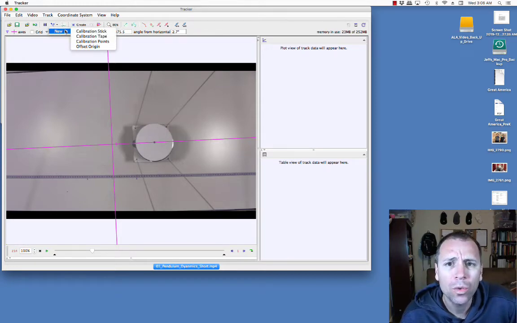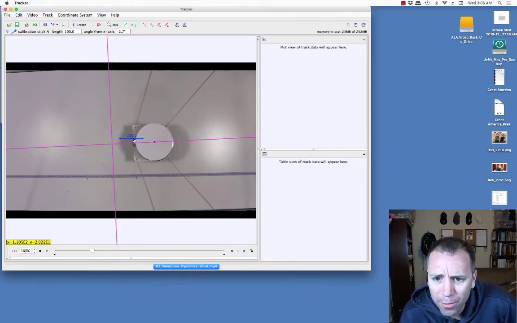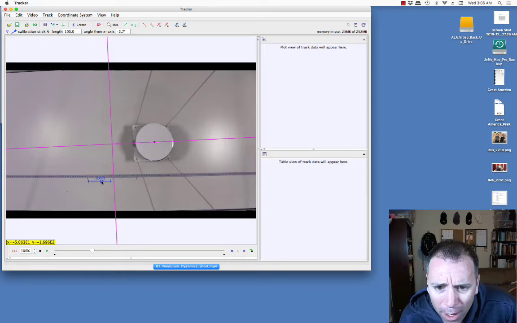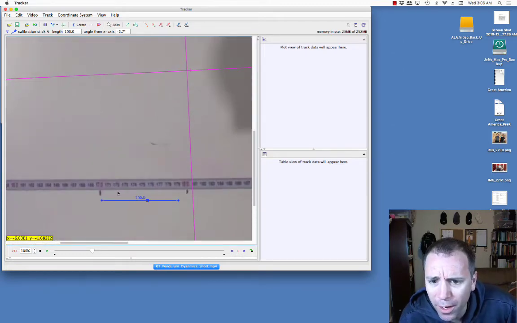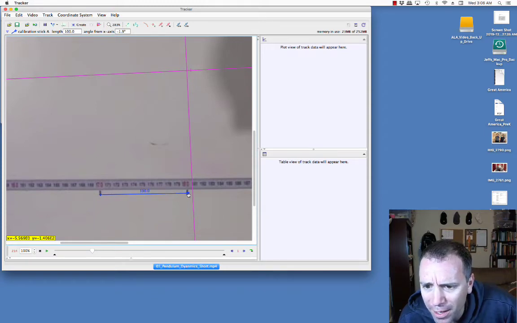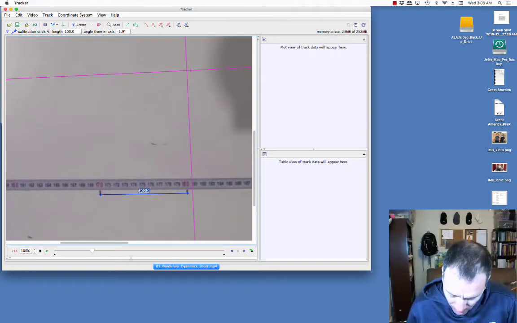Next, we're going to do what we call a calibration stick. Some of you might not be able to see this very well, but on the bottom of this video, I can actually zoom in there. These little tick marks are exactly 10 centimeters apart. That is a metric ruler that you see in that particular thing. This is a feature of the